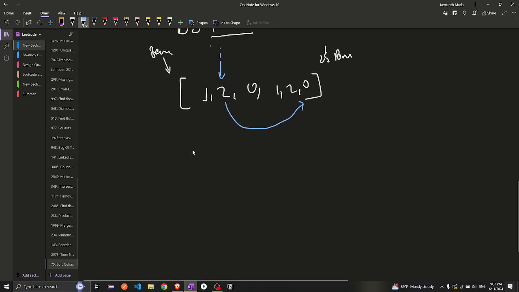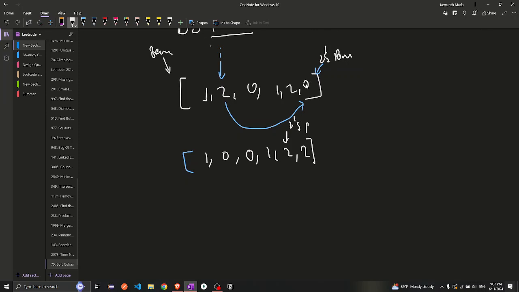Now when I see 2, basically what I'll do is, I'll swap it with the element onto which the 2's pointer is pointing. Since the 2's pointer is pointing to the last element, I'll swap it with that element. Then it will become 1. The 0 will come here. There is a 0 here, 1 here, 2 here, and 2 here. My 2's pointer will be here,